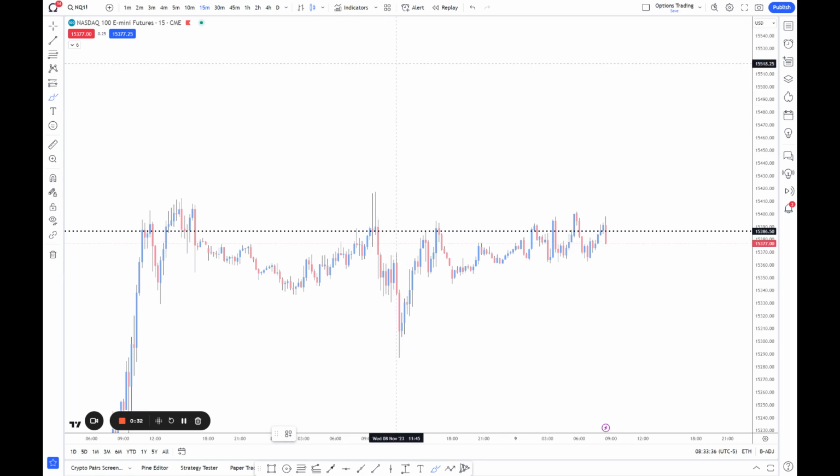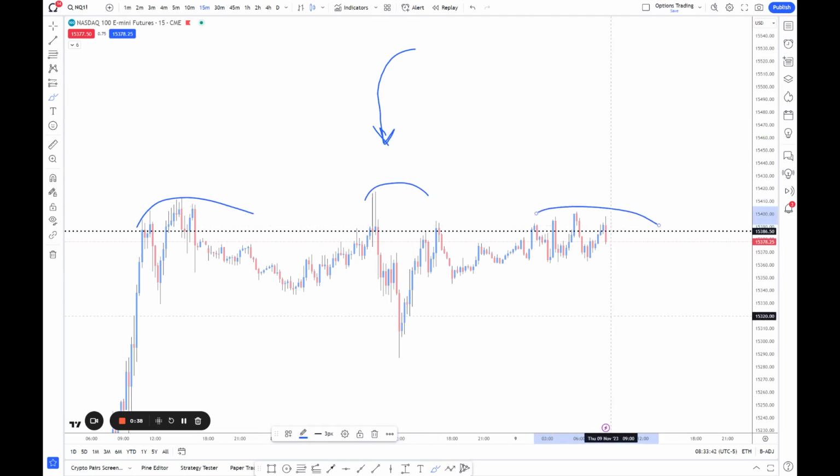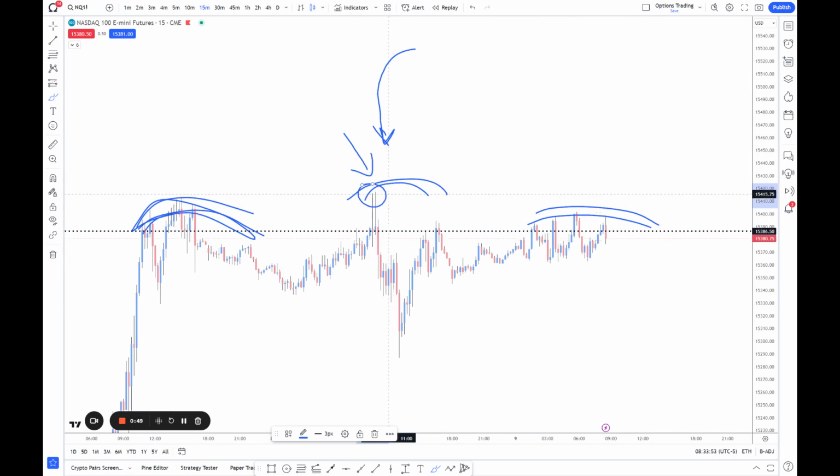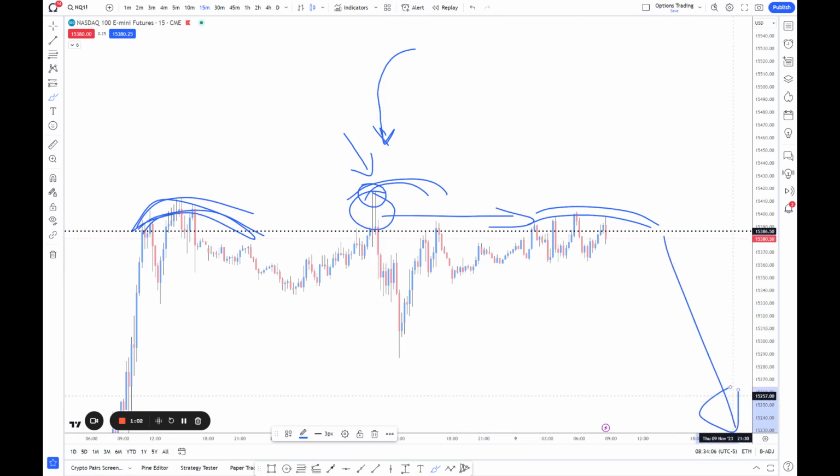The first thing that we need to layer in, right off what we see in the chart, is what we call a head and shoulder formation. So head and shoulder basically is what it means. These are the shoulders, right? And this is the head, which is provided by a higher level. This is what many others call liquidity, where the market is going to have a lot of issues with it because it's a trap against buyers, where sellers start pushing through and the market basically continues further down,